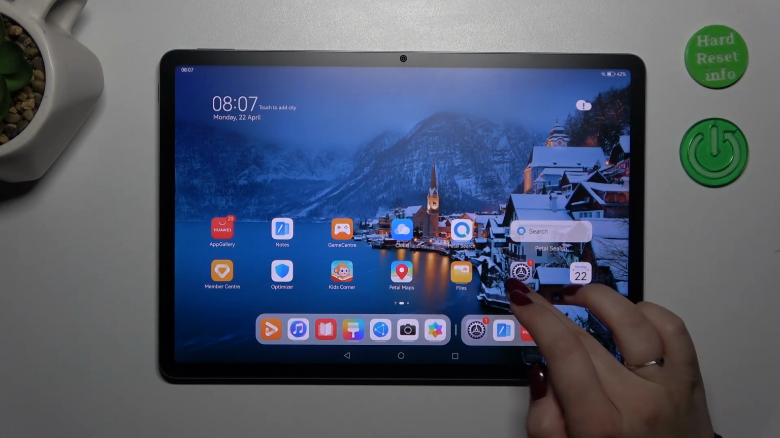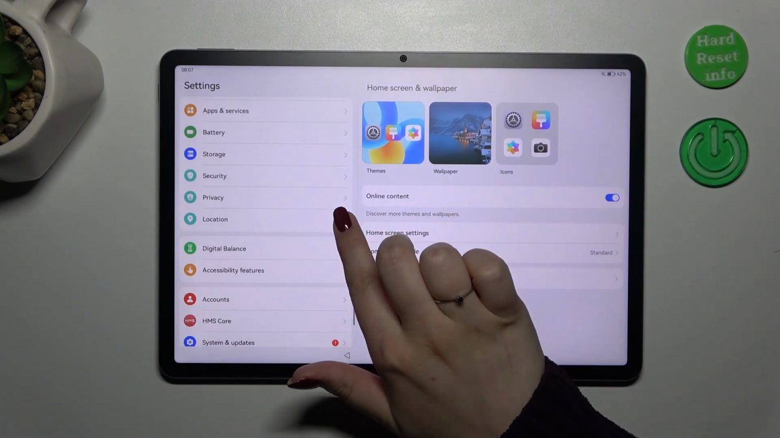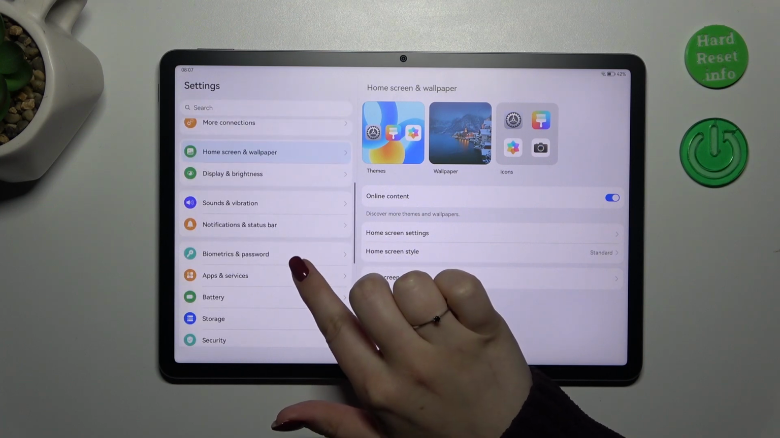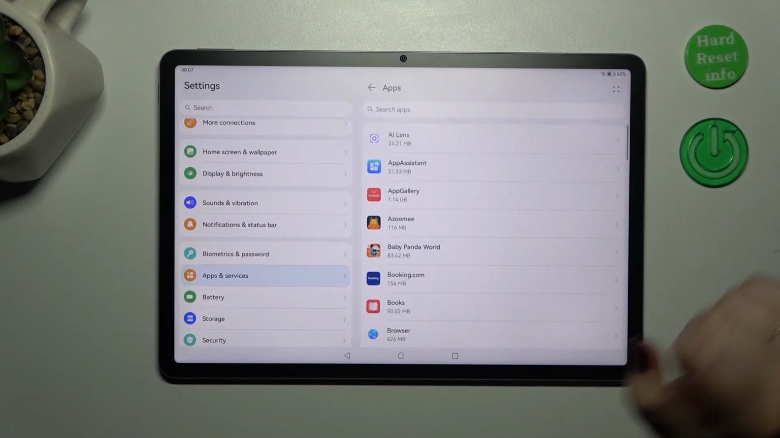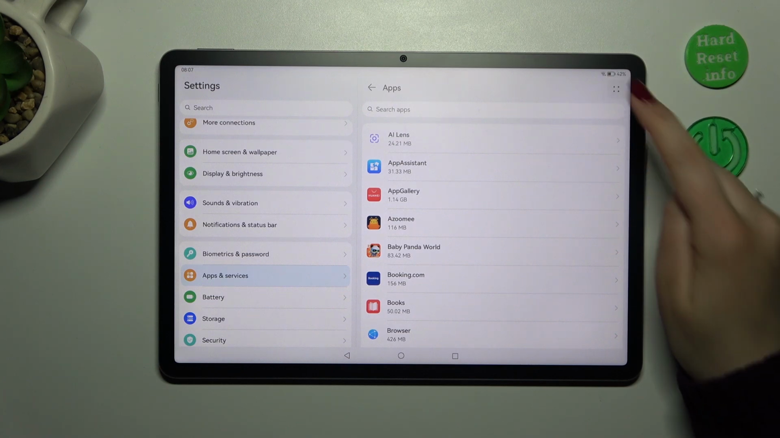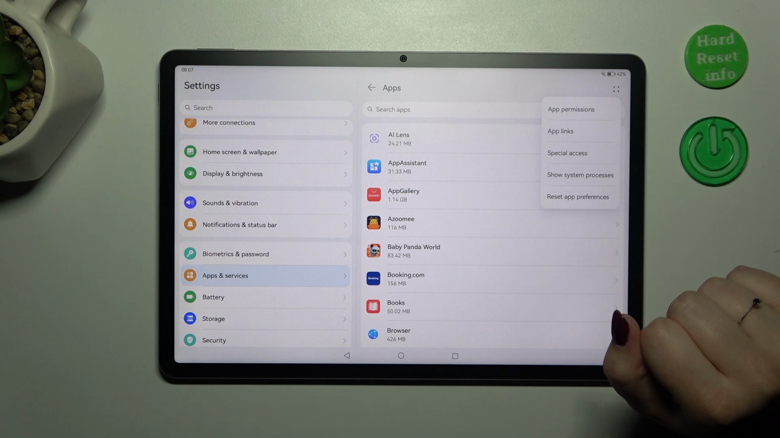So let's start with opening the settings, and here in this left section we have to scroll down to find the apps and services. Let's tap. Now let's tap on apps, so at the top of the list, and 4 dots icon in the right upper corner. As you can see at the bottom of this list, we've got Reset App Preferences, so the option we're